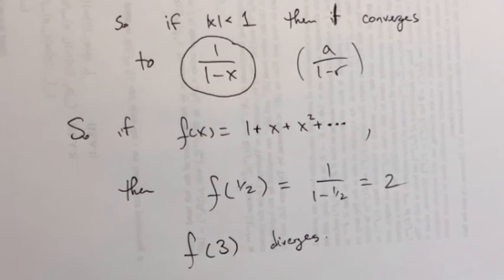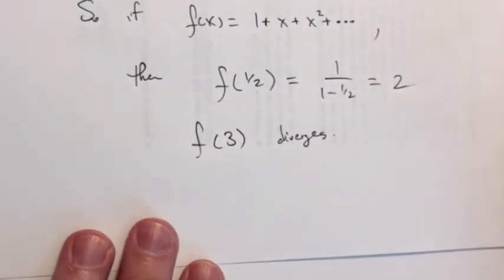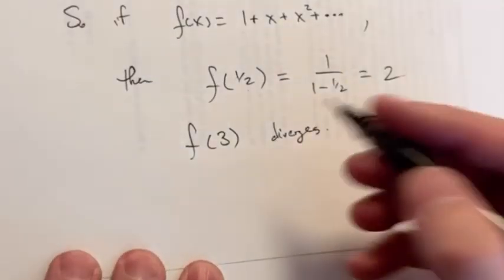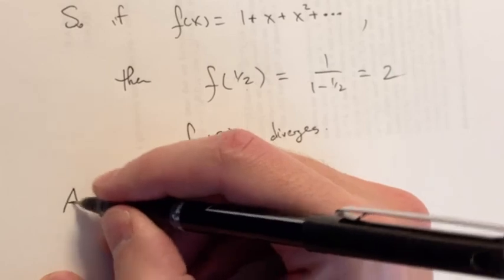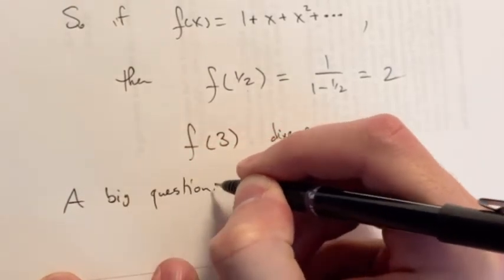So for certain values, it's going to diverge. For certain values, it has an actual answer to it. All right? So the big question, which we are often going to discuss, although this is not the only thing to discuss, it's a big question concerning power series. Given a power series,